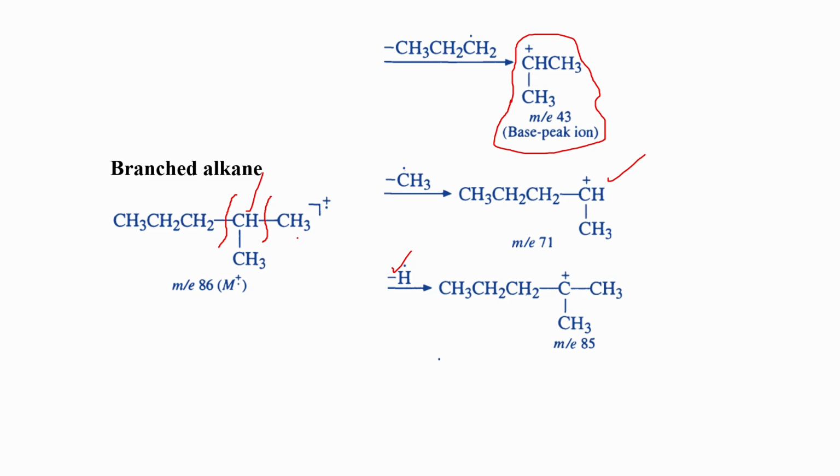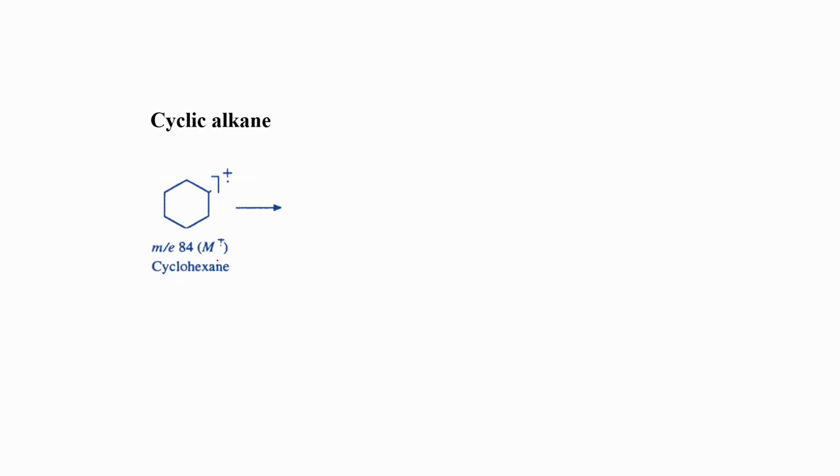Then another possibility is the fragmentation at this point. An ethyl free radical is eliminated to form this carbocation with m/e value 57. It is the normal mode of fragmentation of 2-methyl pentane. Okay, this is an example of a branched alkane. If we take the case of cyclic alkane, you can see